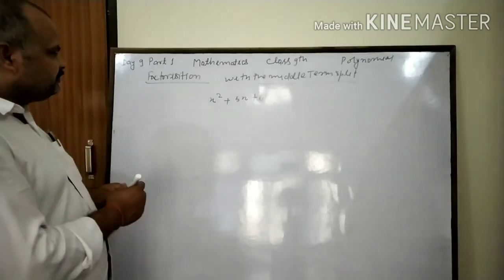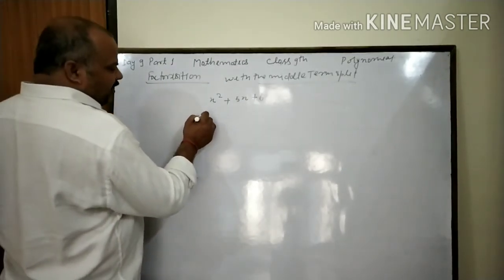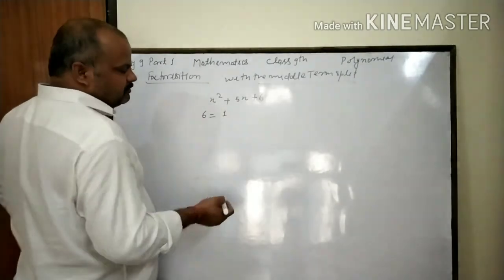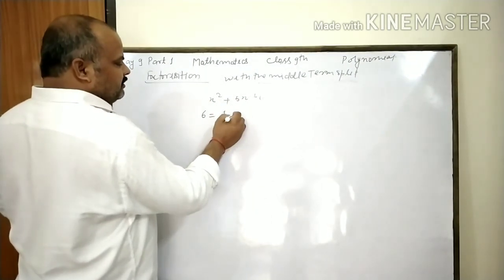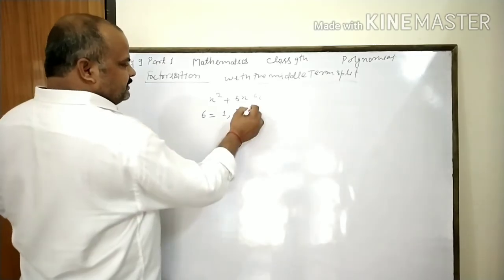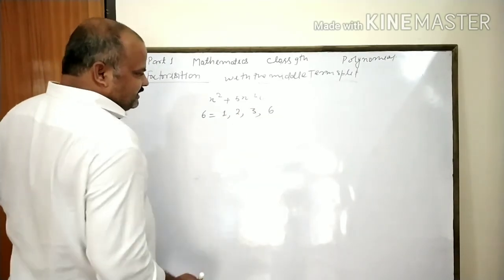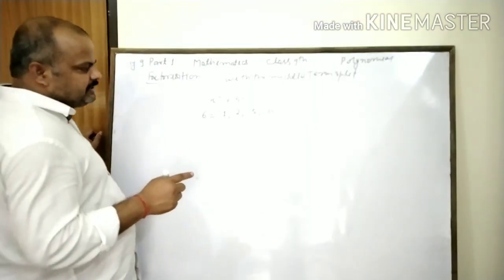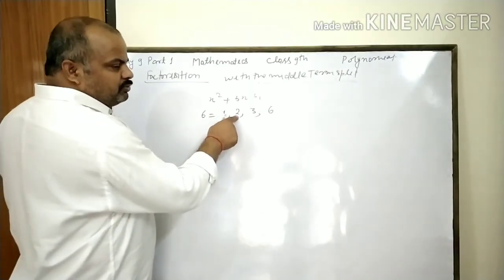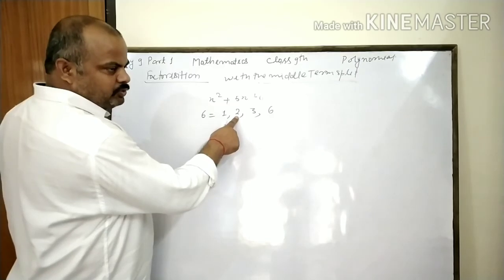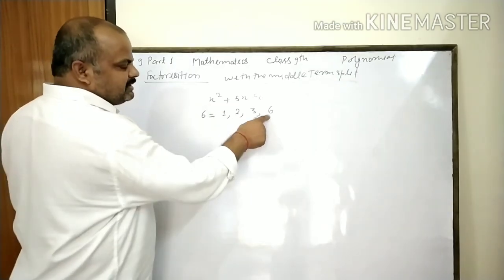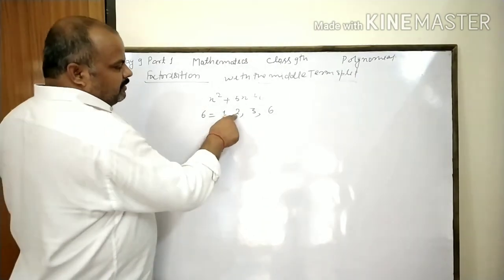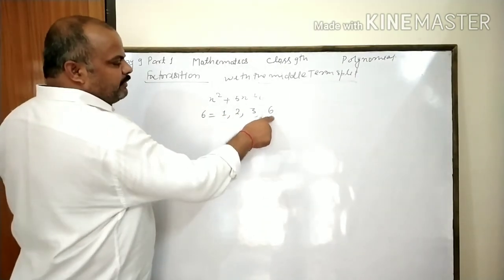Now first of all you write all the factors of 6. 1 is a factor, you know 1 is a factor of all numbers, 2 is a factor, 3 is a factor and 6 is a factor. Clear? We write all the factors and here we add. Then 1 into 2 is not 6, 2 ones are 2, not 6. 1 into 6 is 6, but if you add, we get 7. 2 into 6 we get 12. Then